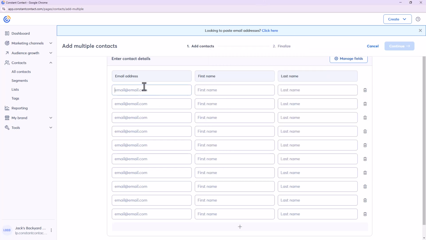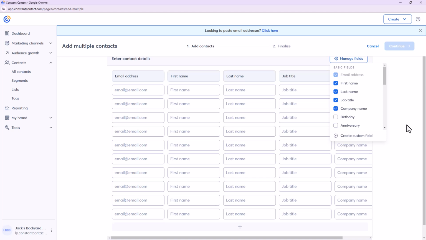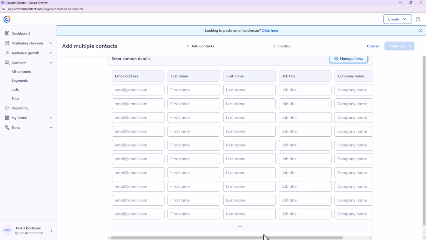So I could do this where I type them in one by one. There are 3 fields now: email address, first name, and last name. But I could add more if I wanted, job title, company name, and then just type that in. Now that is a little bit tedious, takes some time. If you have all of that information anyway, you might just want to put together a spreadsheet first, but that's up to you. The other way to do it is to click here